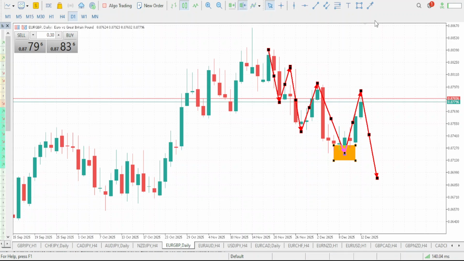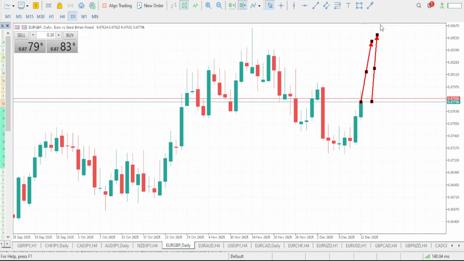Now, could the market actually change its movement and start pushing up? Absolutely yes. The market can definitely, and has the potential to, change its movement and start pushing up. But if in case it starts doing that, I will make sure I let you guys know. I'll make sure I update you guys.